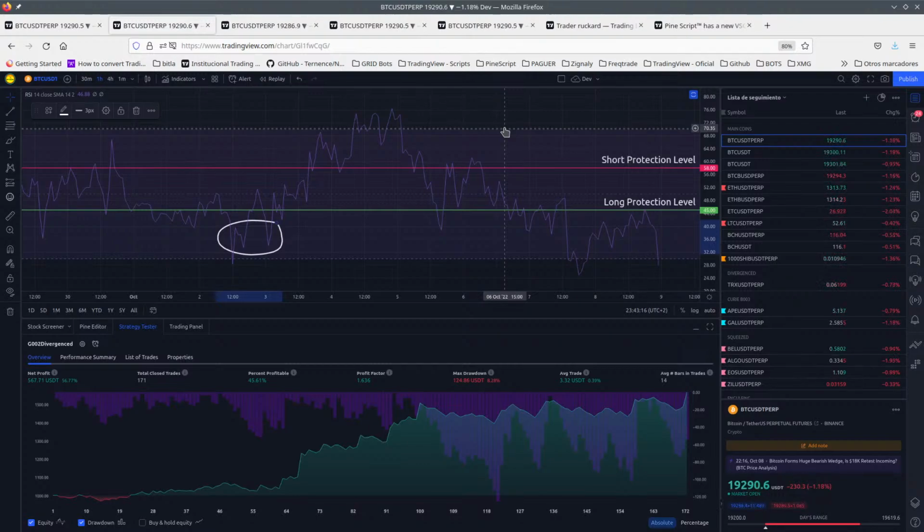And so what you have here is, do not go into the middle, do not short when you are close to the middle, and do not long when you are close to the middle, when you are here. Okay, so if you want to long, you are only allowed to do it here. Okay, and if you want to short, it's the other way around. You want to short here,